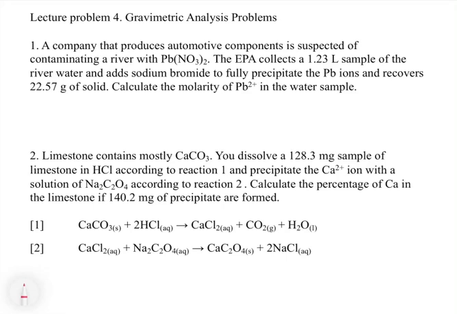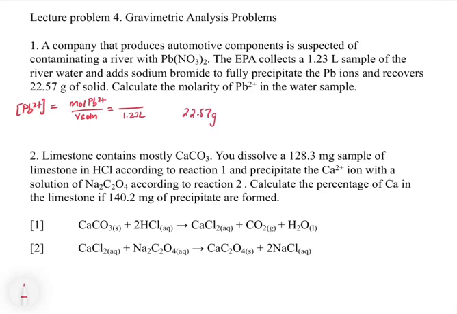If we want the molarity of lead, one way to summarize molarity is by putting whatever you want in brackets like this. In order to get the molarity, we need the moles of lead 2+ divided by the volume of the solution, and we already have the volume of the solution, so that's 1.23 liters. Now the question is, how do we get the moles of lead in that solution? So we have to do stoichiometry. It says we get 22.57 grams